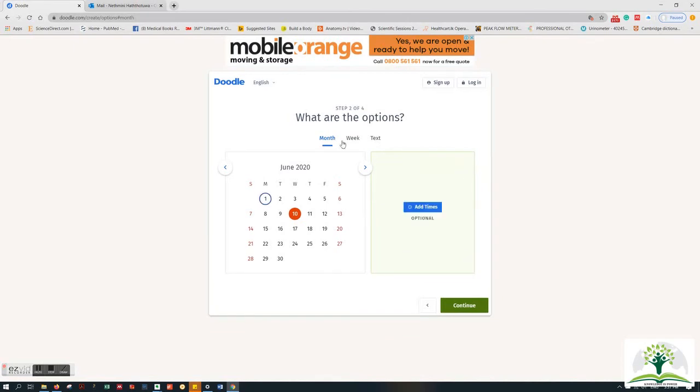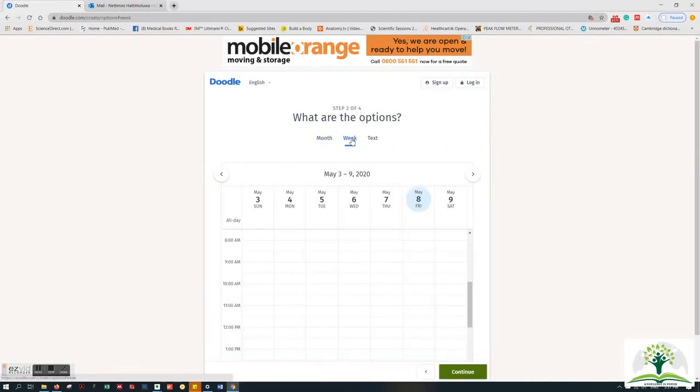Let's see how to set the date and time slots in weekly viewing mode. I'm showing how to select a time slot on June 10th. If you click on one spot, it will select a time slot automatically. If you do this by mistake, don't worry. You can always delete the time slot and re-enter.